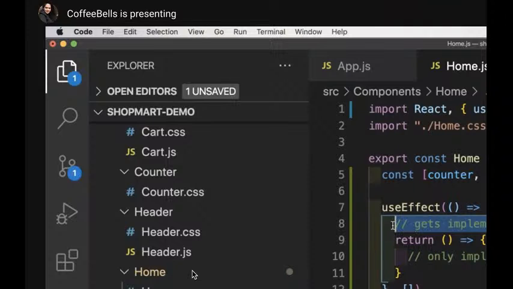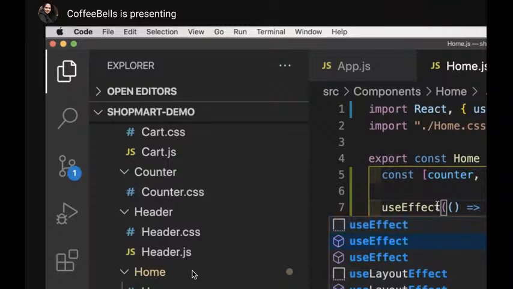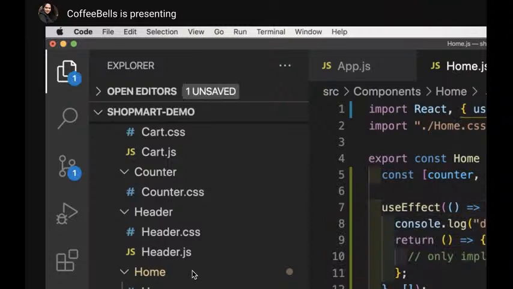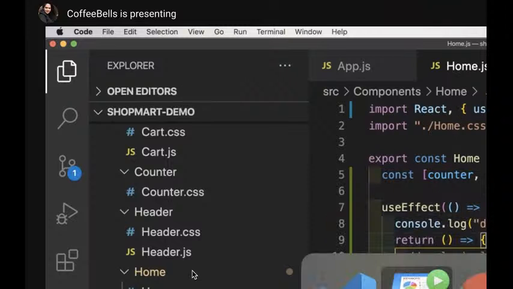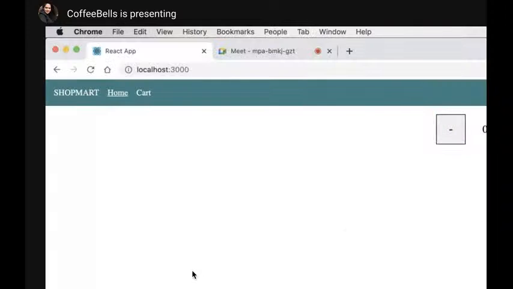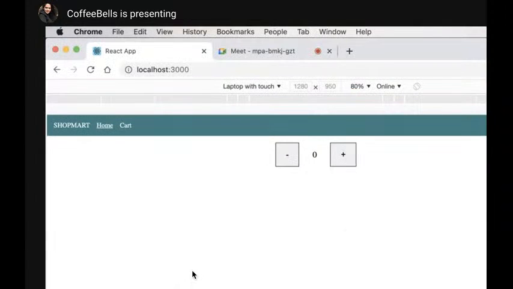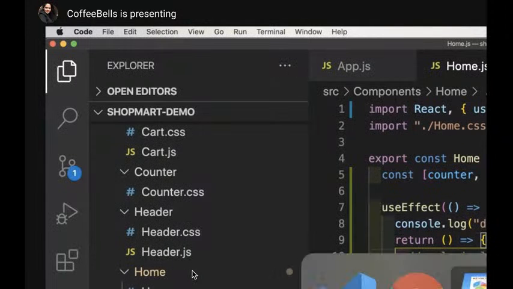So if I write a console.log here, and useEffect we have to import. So we imported it from React here, and then we just look at our browser console, and we got a did mount. So if I refresh this and again the component renders, after it mounted, we see a did mount. Alright, so this is how we see a did mount.